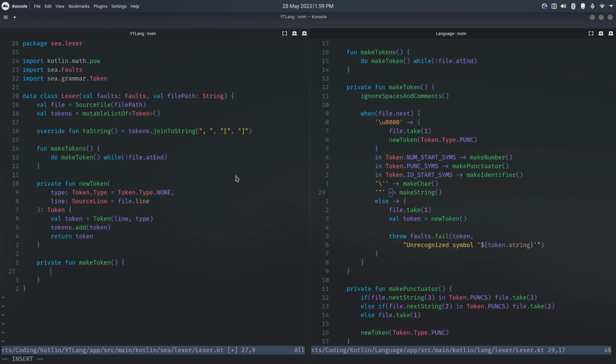And this is going to be kind of simple. As you see, we're going to ignore all spaces and comments. We'll handle that in a moment. And then what we're going to do is loop through the file, right? Character by character. So we can use a when expression to say, when the next character in the file, suppose it's the null character. Well, then we know it's an end of file, right? And we can just take that single character, and then we can make a new token,